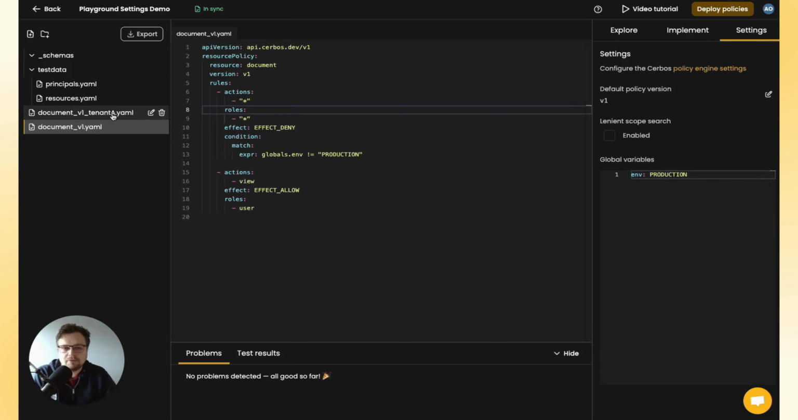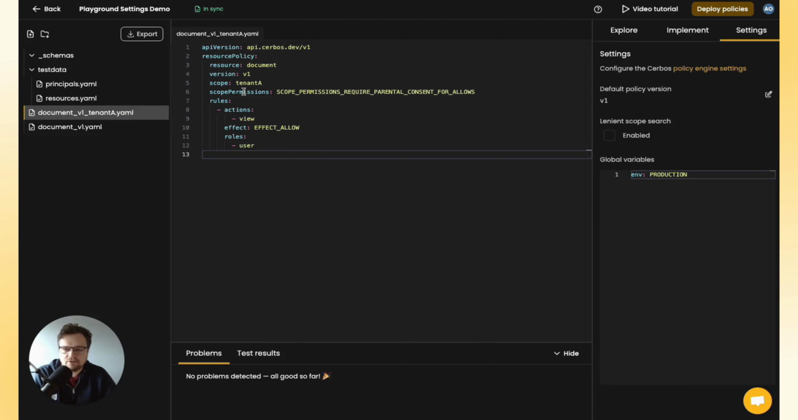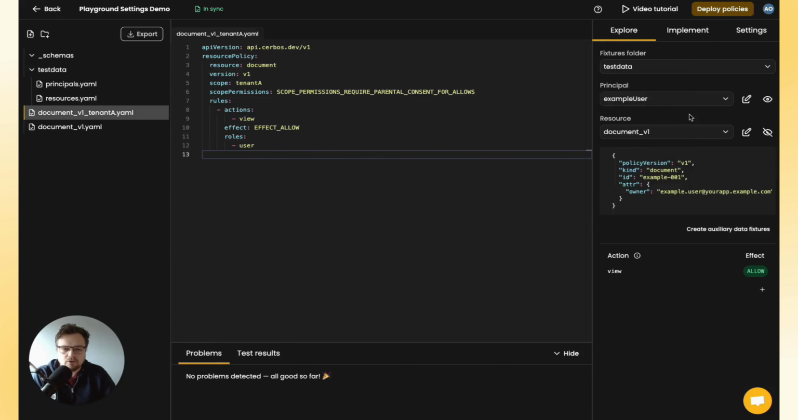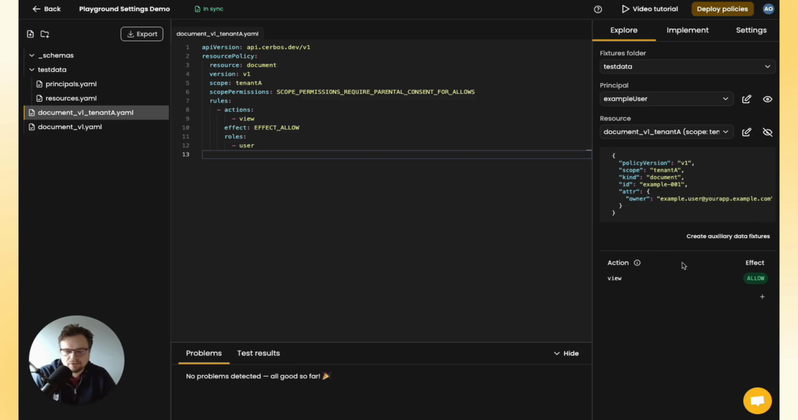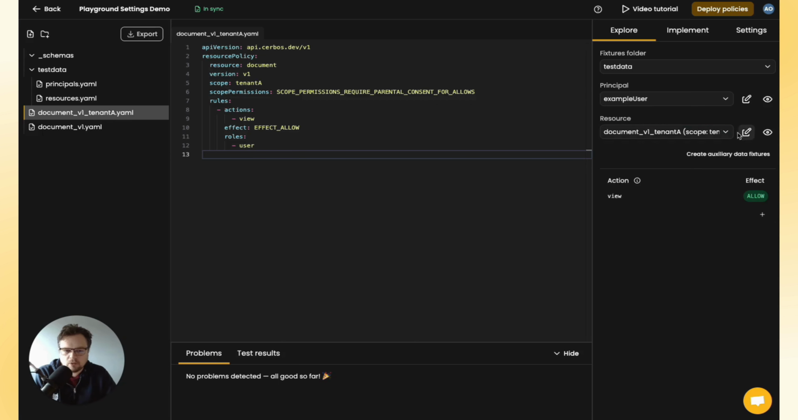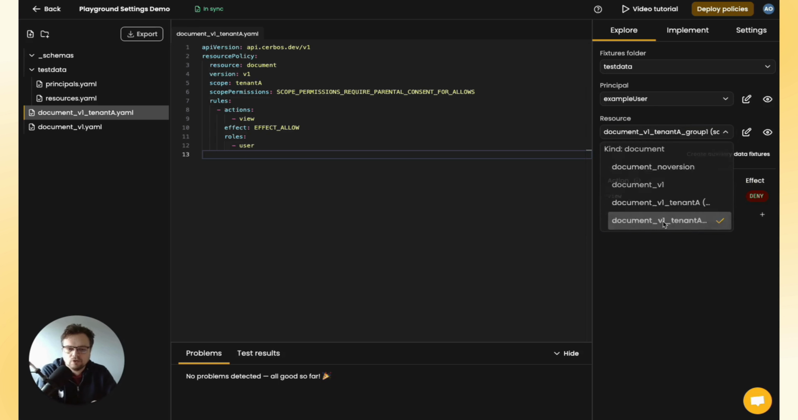Lenient scopes come into play when you're using scoped policies inside of your environment. In this case, we have our default document definition. Then we can go and look at a tenant version where we've created a scope called tenant A, and we've changed some of the logic a bit to allow the action if the user is just a user. And if we go and look at a user that belongs to that particular tenant, that request is allowed. Where lenient scope comes in is when you want to make a request to a leaf node of your